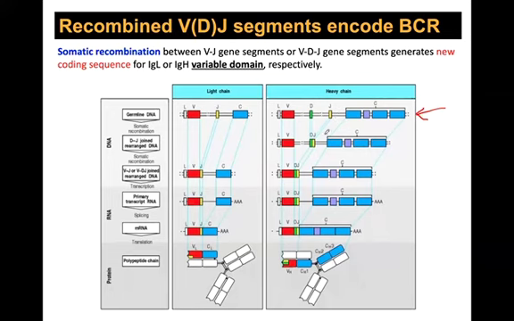For the heavy chain, there are two recombination steps. One, to join the diversity and J segments, which we'll talk about in a second. And two, to join the variable region gene segments with the joined DJ segment. For the light chain, they don't have diversity segments, so there's only one recombination step where you're joining V and J segments. Now that gets transcribed as a mRNA, and then the exons are spliced out,